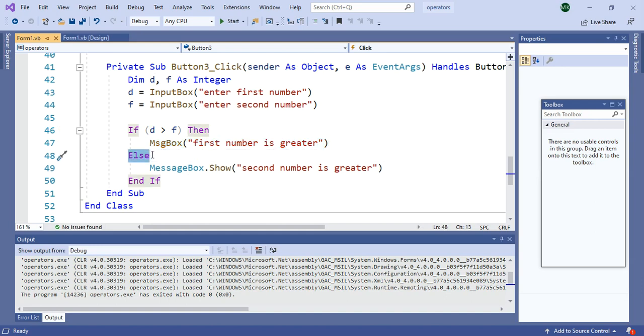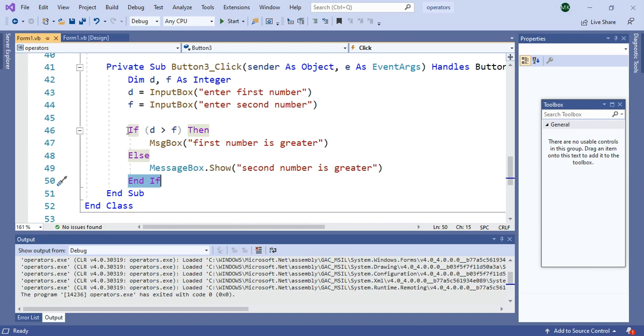Else means if the second number is greater, If F is greater than D, then it will display MessageBox.Show, second number is greater. And at the end you have to end that if control structure.